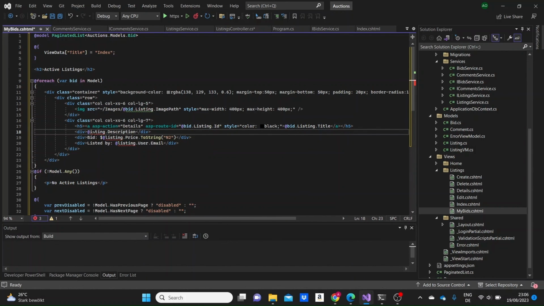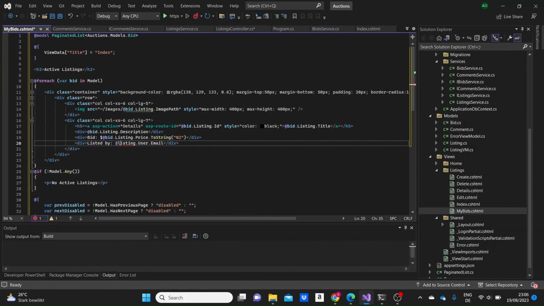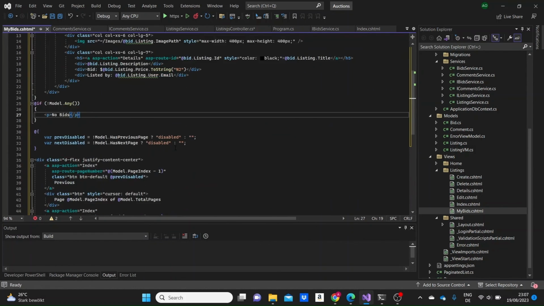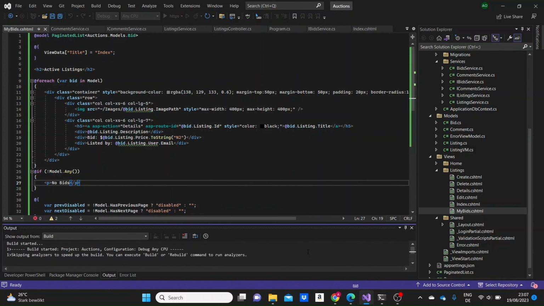Here we write @bit.Listing.Description. So by using the bit, we will access the listings that the user has bidded for. Here as well, we'll access the listing's user by the bits. I'm just changing this paragraph here to no bids made, or just no bids. We'll leave the HTML for the pagination as it is. And if I run the application now,